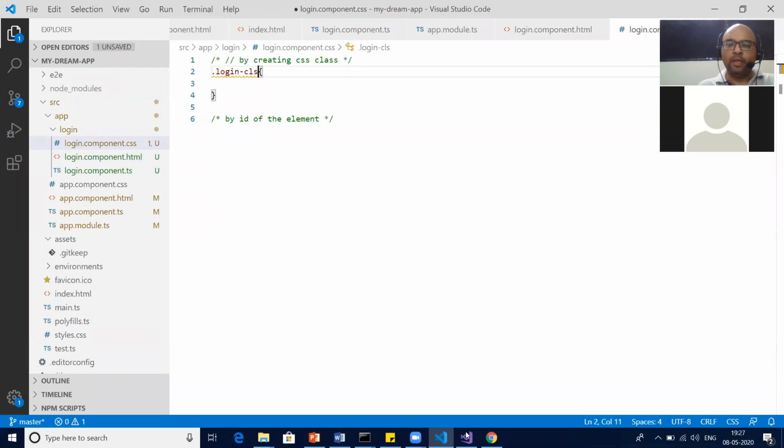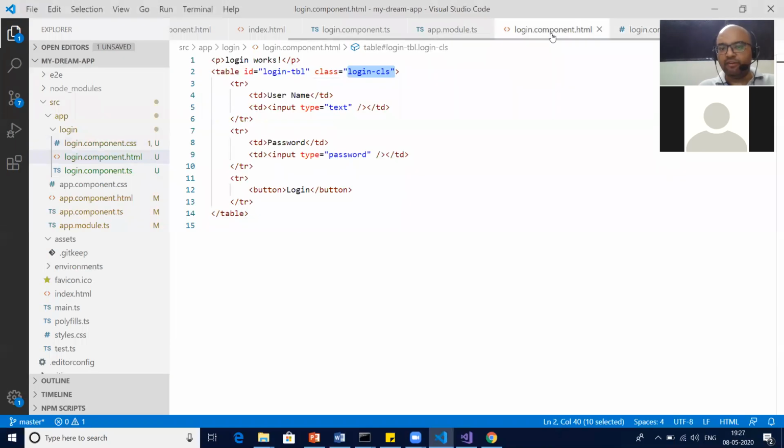Okay, no problem. So in HTML, for styling purposes, or for fetching the HTML dynamically, to play with HTML dynamically. For example, I wanted to color the table with red.